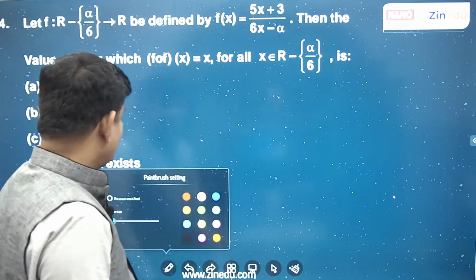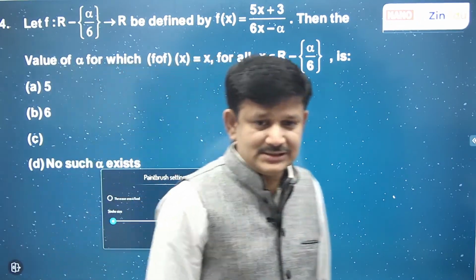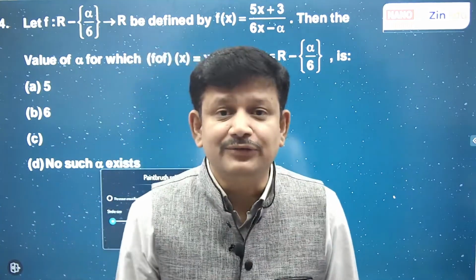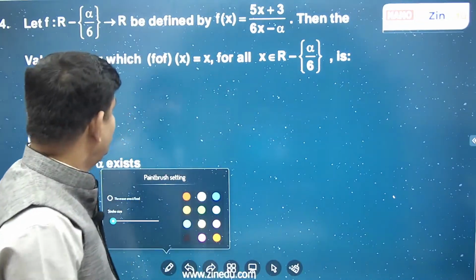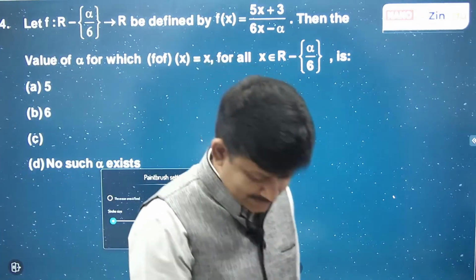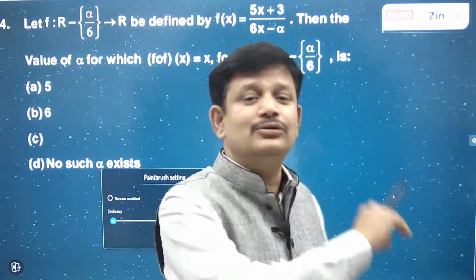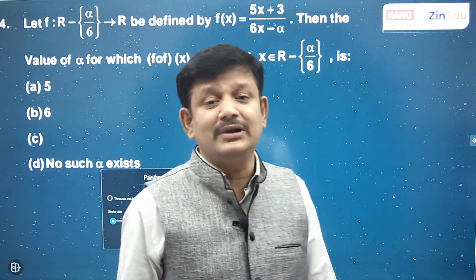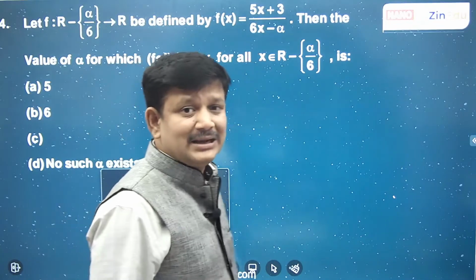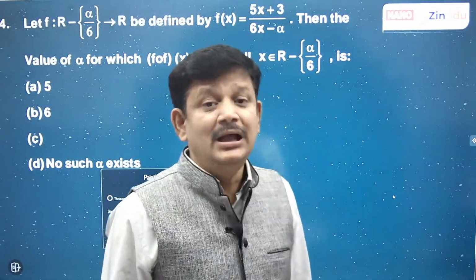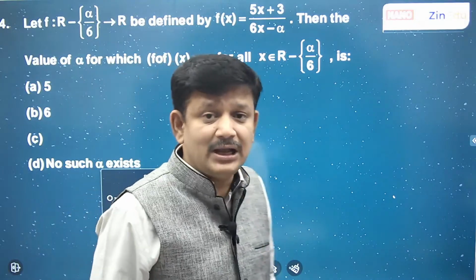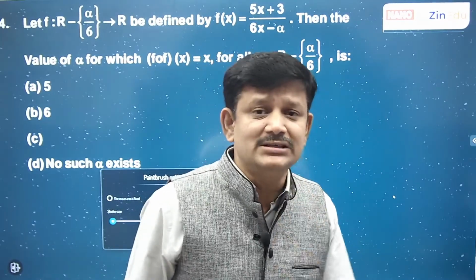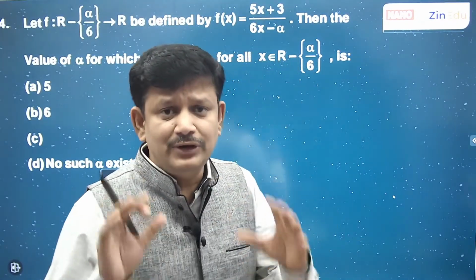So here, what are the conclusions which you can draw when you see f of x is x? One conclusion is f inverse is nothing but f. So f of x is inverse of itself. So in a regular class, if you have to beautifully do this question, this graph of the function would have been a mirror image of itself with respect to the, what kind of a graph will this be? A rectangular hyperbola. A linear by a linear will be a rectangular hyperbola. This rectangular hyperbola will be symmetric with the line y is equal to x. So y is equal to x has to be one of the axes of symmetry for this curve. So that is the conclusion which we would have drawn.